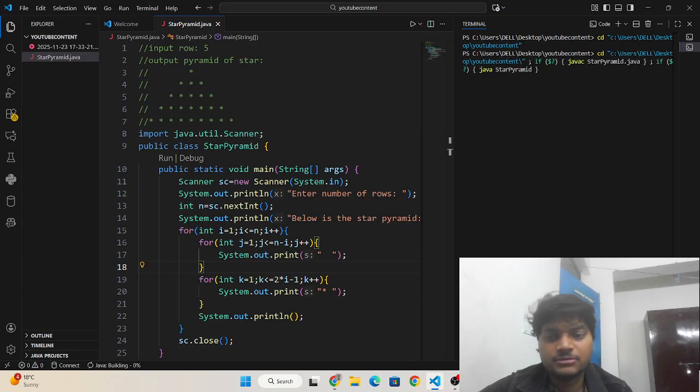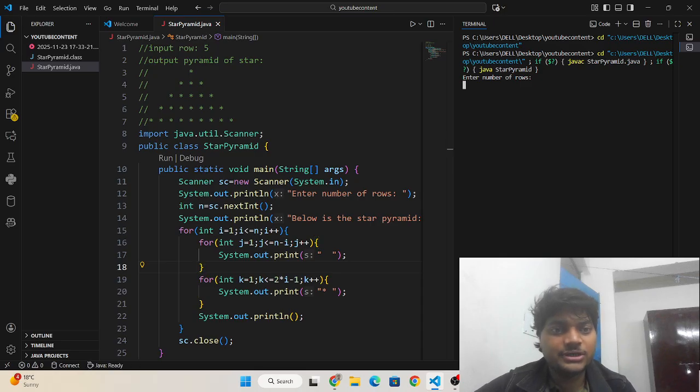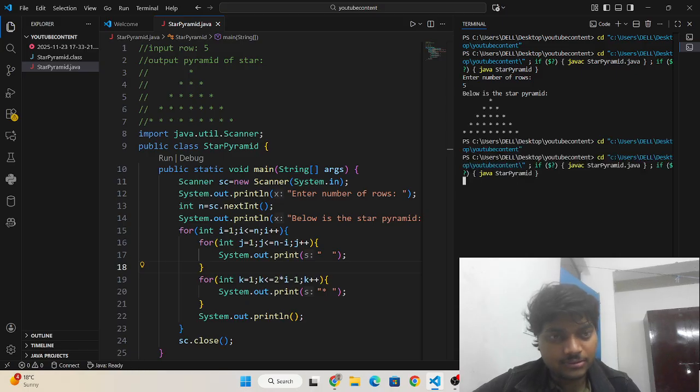It is asking to enter the number of rows. I am entering 5. You can see below is the star pyramid.